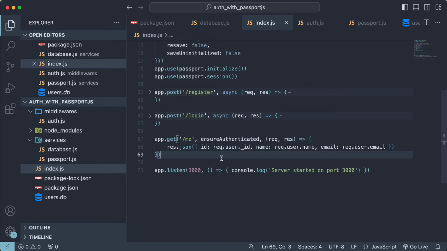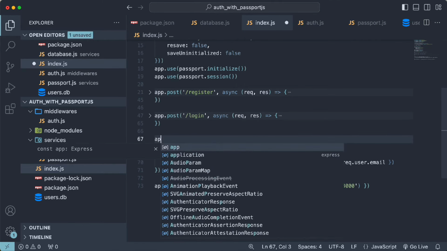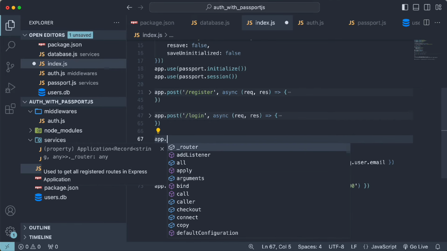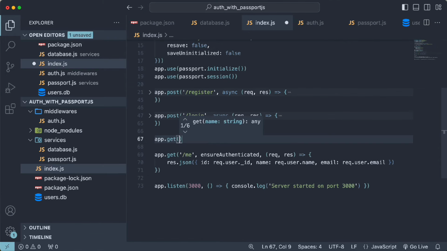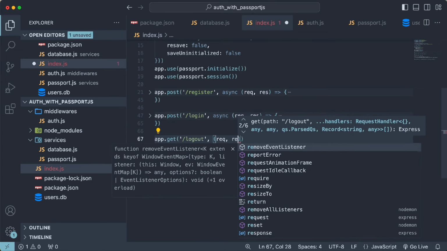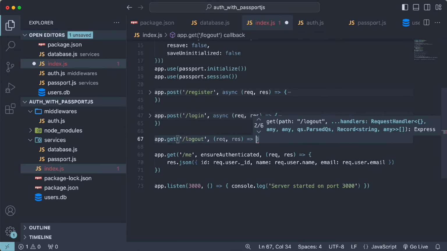What that route should do is remove the current logged user ID from the session and send a response to the client or guide the user to the next appropriate step, like redirecting to another route, for example. So let's create this new route below the login route. So I'll call app dot, and since the client won't send any data to this route, we can add it as a get method, and we'll call this route /logout, and we'll add the request and response parameters, arrow function,